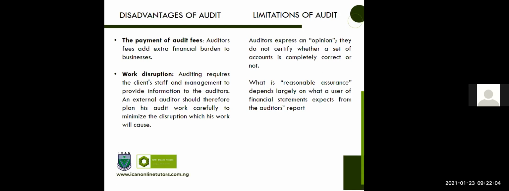Now, limitations of an audit. The auditors express an opinion, like I said, we've been emphasizing opinion. This is not a fact, it's an opinion. They do not certify whether a set of accounts is completely correct or not. They're not giving absolute assurance. We're not saying that 100% of this is okay. We're giving you reasonable assurance that, based on our judgment, we have done our materiality check on this account, considered the material aspects, and now we're reaching an opinion